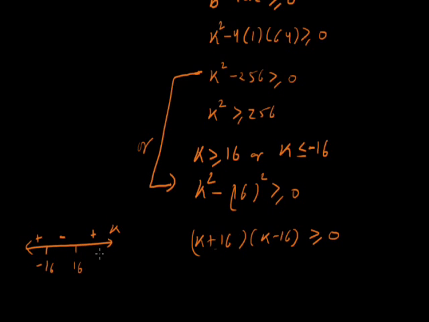So this is the way. I have to find the values which are greater than or equal to 0, that is, the positive values. So this is one part of the solution, and this is another part. And the value can be 0. So the value of K can be plus 16 as well as minus 16. We can keep the value of K as 16 because then K minus 16 becomes 0, and we can keep minus 16 also because then K plus 16 becomes 0.